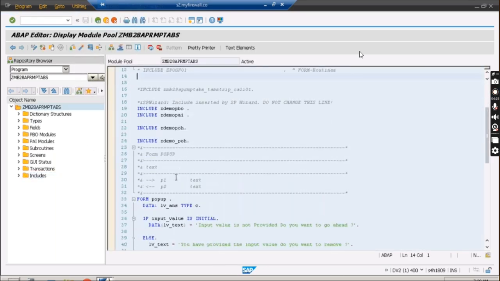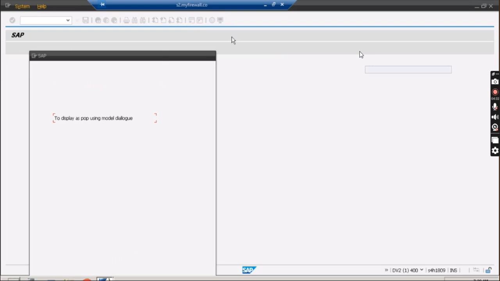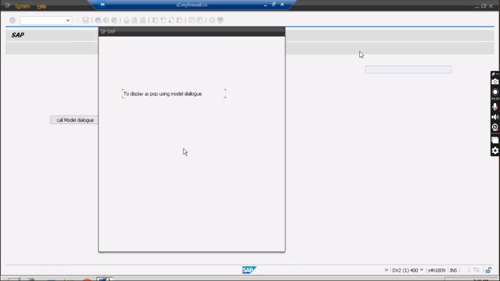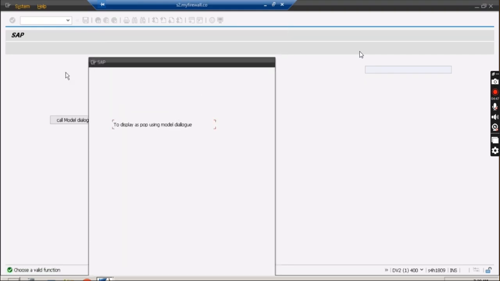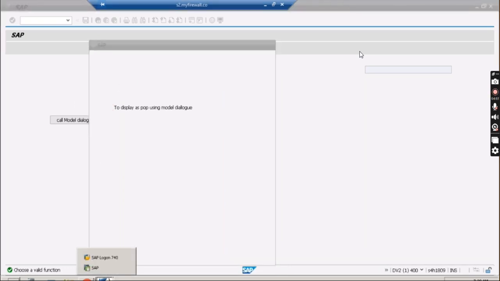So fine. Here you can see that yesterday I was showing you call model dialog, and when you were clicking over here, you are just getting this one. I told you to get some clue how you can go back. I don't know if you have completed or not. I will quickly show you this one. See, we are not able to go back, right? So again, I will have to